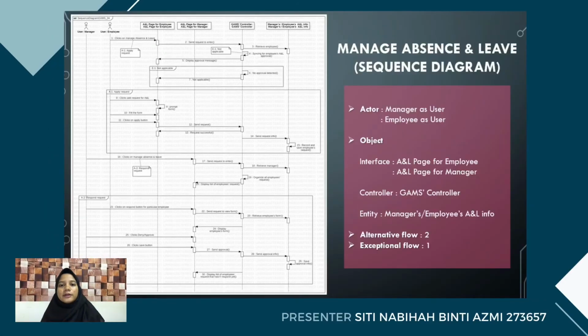Next sequence diagram is manage absence and leave. The sequence starts when employee clicks on manage absence and leave on the ANL page. The interface then will send requests to enter. GUM's controller will take the role to retrieve the employee's info once again, and it will sync for employee's ANL approval. If there is an approval message for that employee, then controller will let the ANL page display